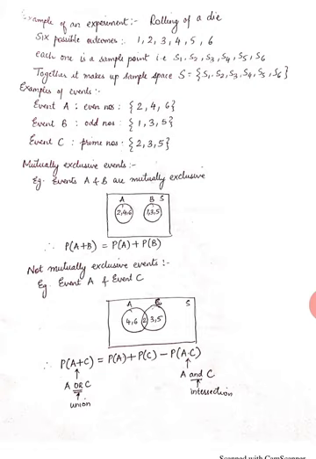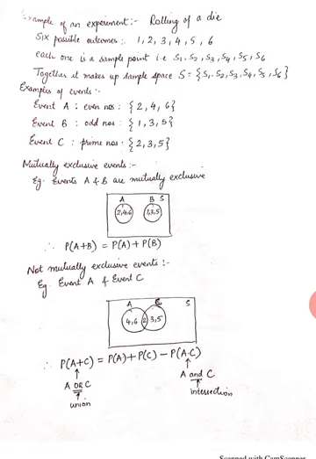Now, out of these events, some are called mutually exclusive events. For example, if we take events A and B, we see that there is nothing common between them. So 2, 4, 6 forms A and 1, 3 and 5 forms B, and together they make up the complete sample space. So over here, the probability of A or B, where the plus sign denotes or,